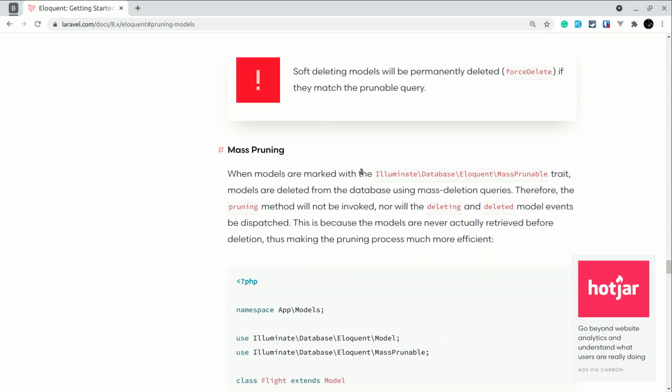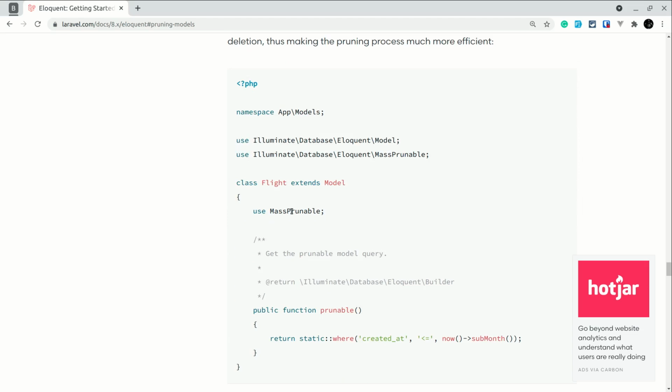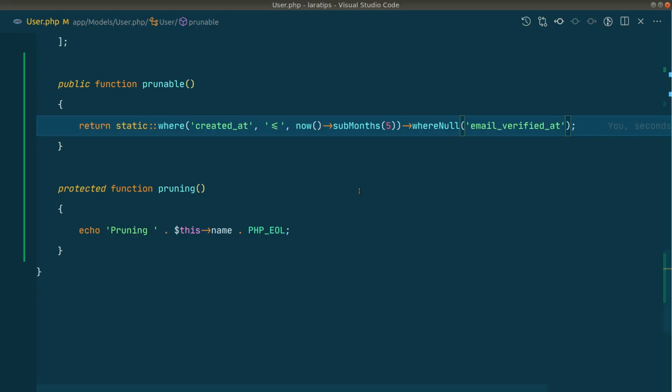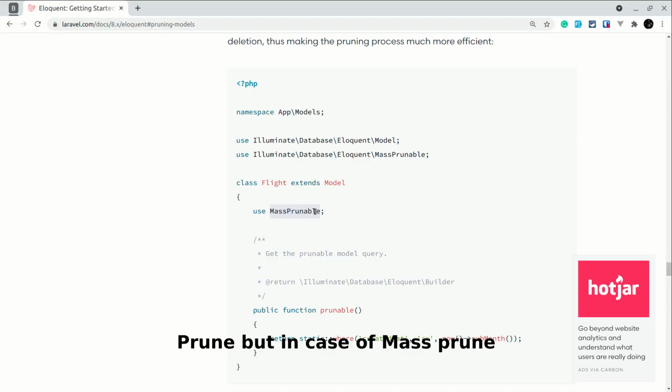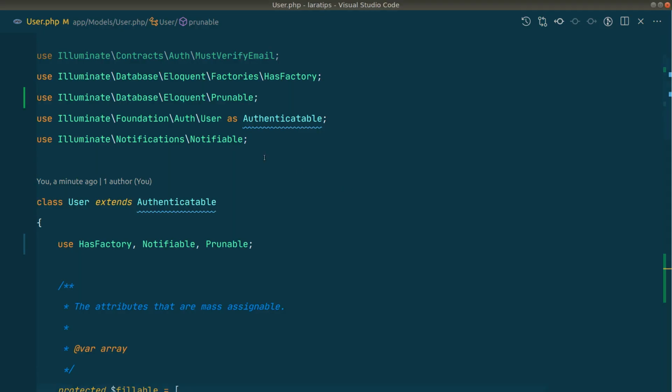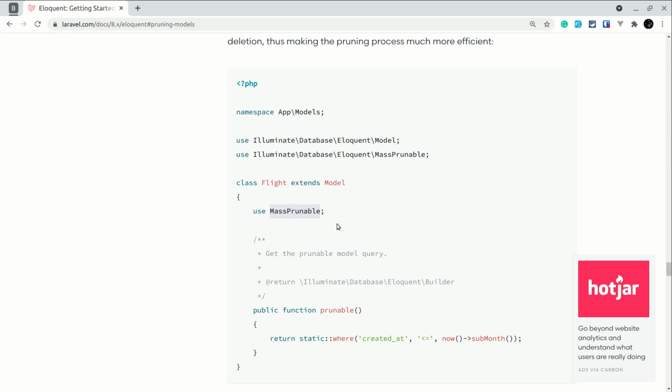And there is one more thing guys, mass pruning. Here we have used prune, but with mass prune, all the records are deleted at once. Whenever you use only prunable like this, it will get all the records, loop through each model, and delete one by one. But in the case of mass prunable, it will delete everything at once and it will be much more